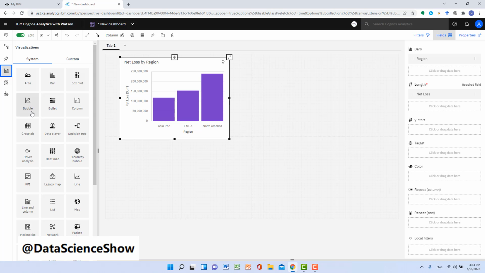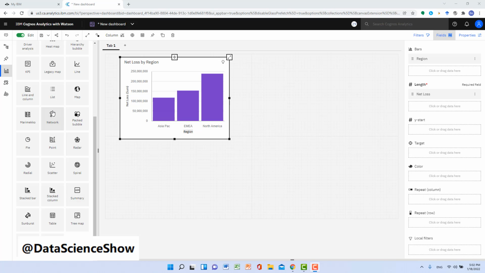I felt it. We definitely want to know more information about the losses that have occurred in this bank. For example, the risk management department manager could ask you, can you show me in which risk category I lost most of the money? Obviously, you can use this column chart or bar chart, right? But since Cognos is an advanced system, we can create a variety of more advanced charts. For example, I can use something called a word cloud.